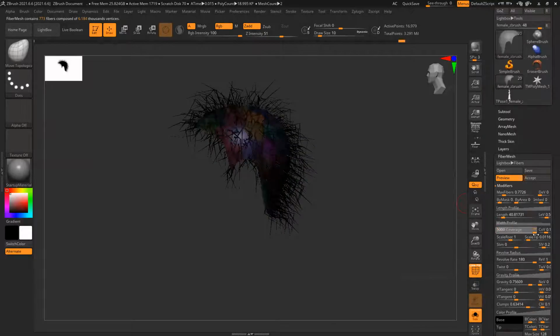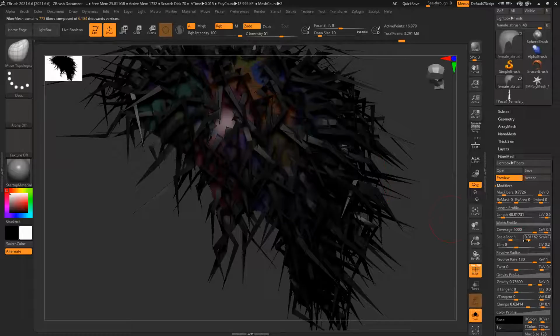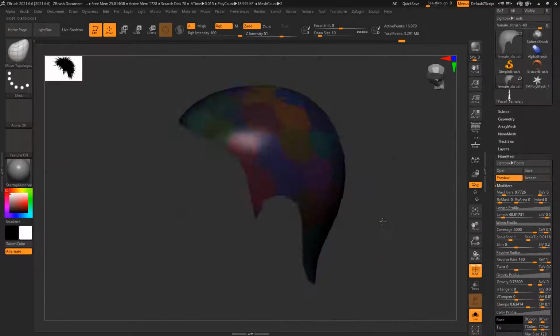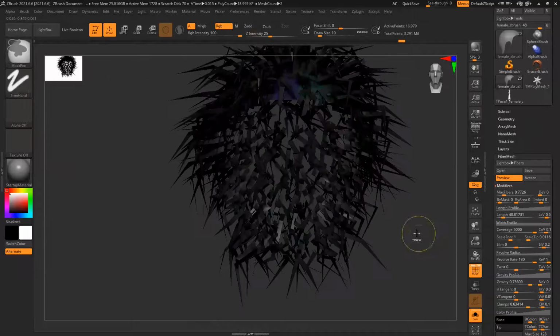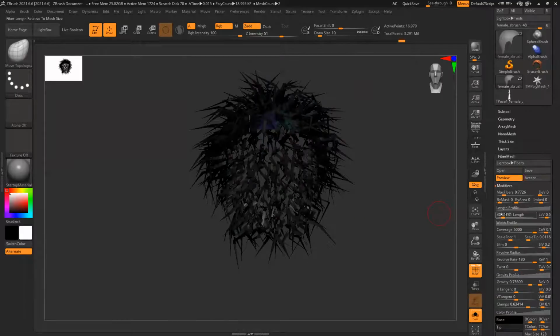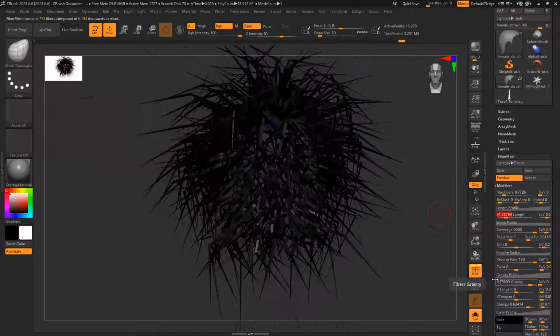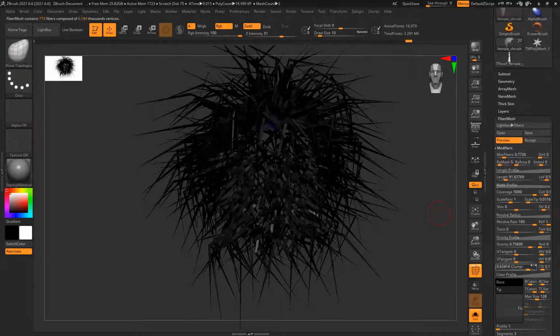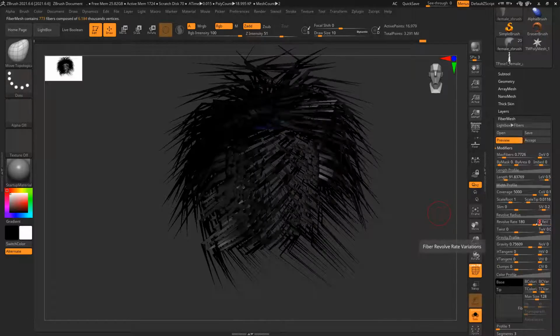Coverage to increase the base thickness. Profile, like the length is kind of fine. Slightly. Clamping, all this thing will make it 0, 0.